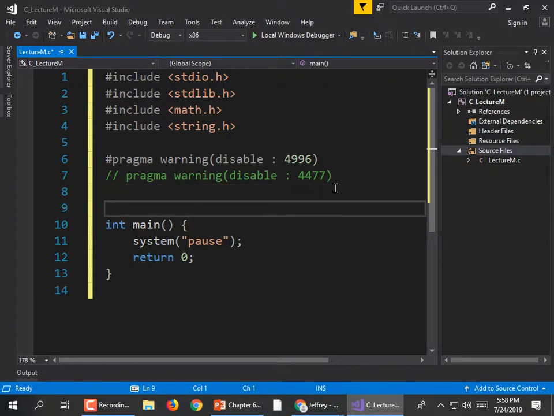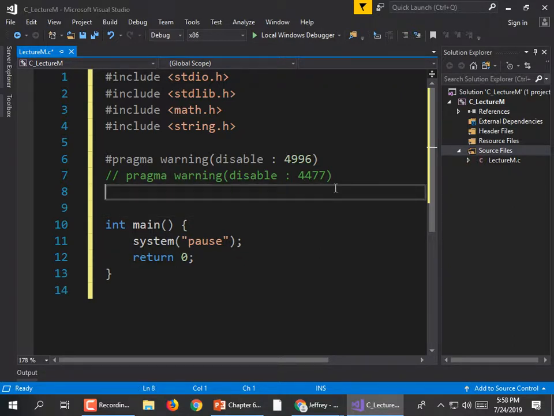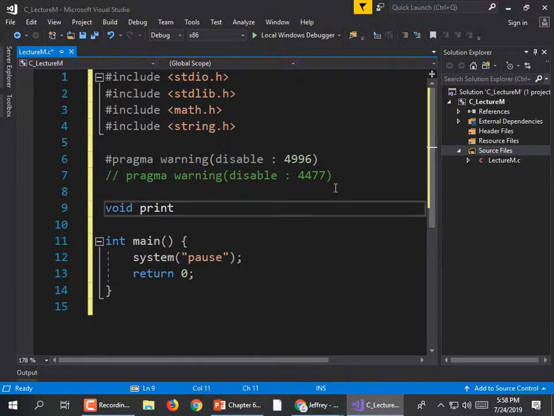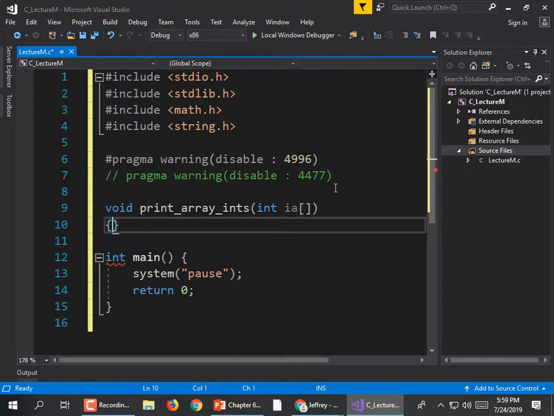So if we were going to write some kind of function that needed an array, whether it was going to print all the values out or to sum them up, it needs to know the size. So we needed some function that would print an array of ints like that, and so it's going to accept an array of whatever size, int ia for an array of ints. We don't know how big it is, so we're not going to put a number between those brackets. And then here we might want a for loop,